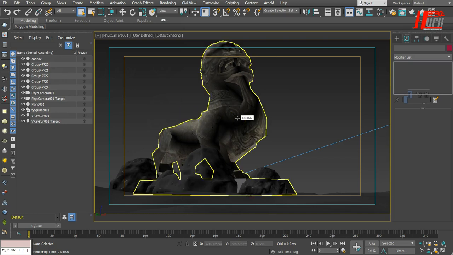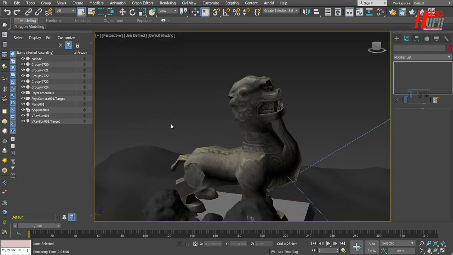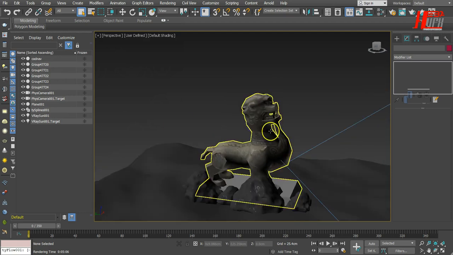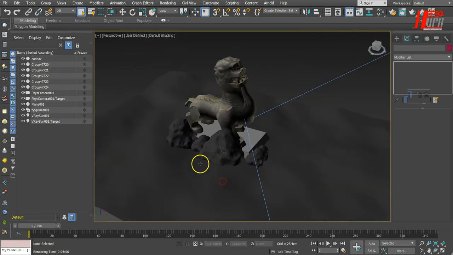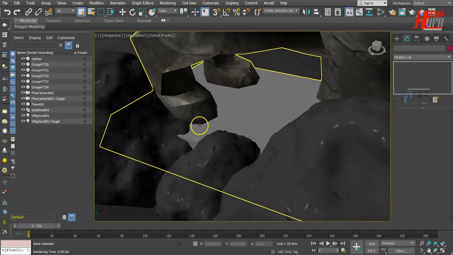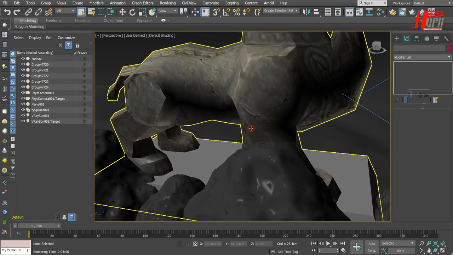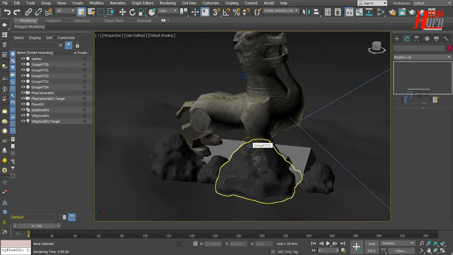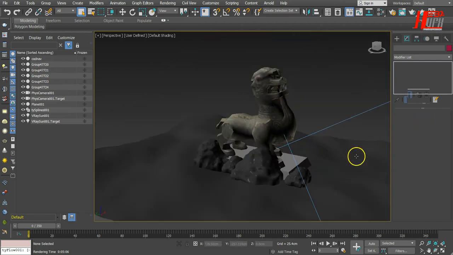Let's start first by going to the scene itself, but first let's hide the safe mode. Now let's have a look here. Between these rocks I need to have some particles coming at these parts, and over here, but here to be a little bit more crowded than the others. So in order to do this, let's start, but before doing anything we need to